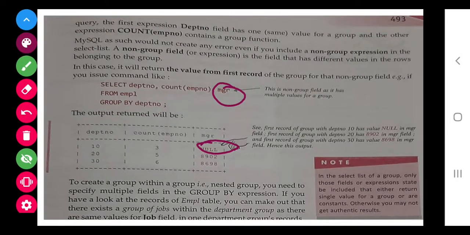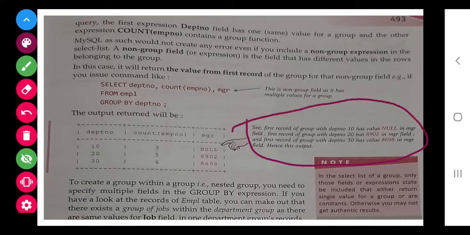It is explained in this note. You can note down that the first record of the group with department number 10 has value null in MGR, and the first record of the group with department number 20 has this MGR value.